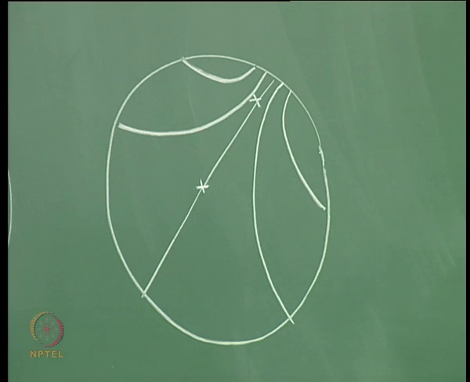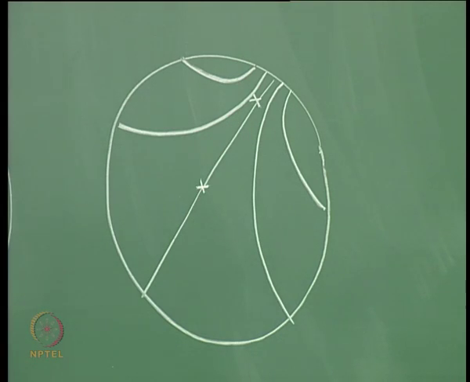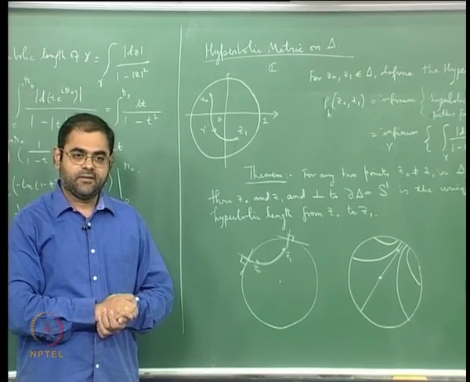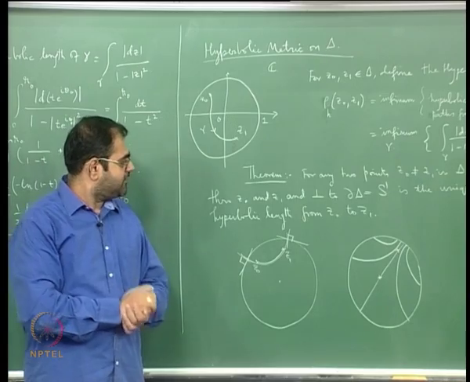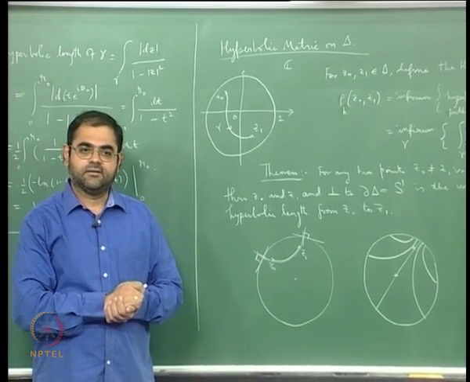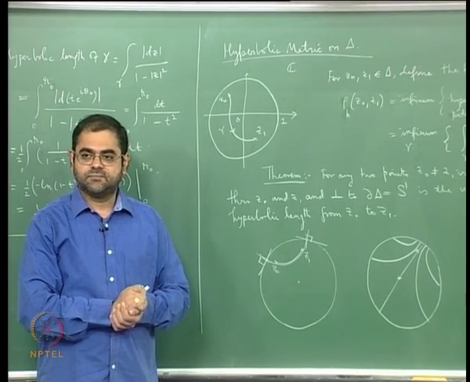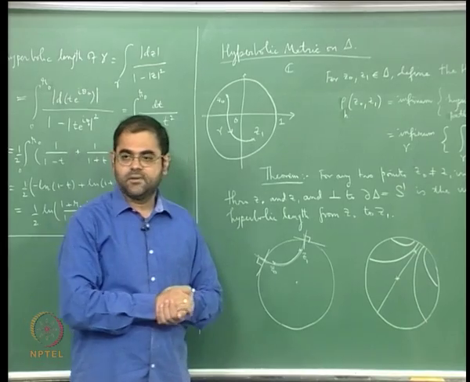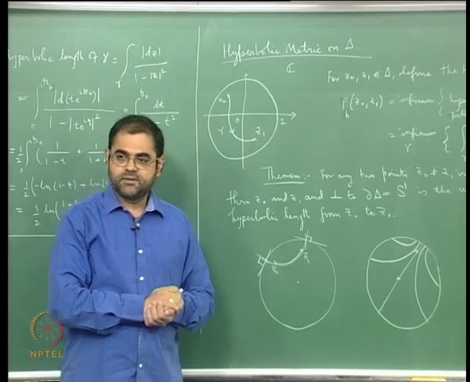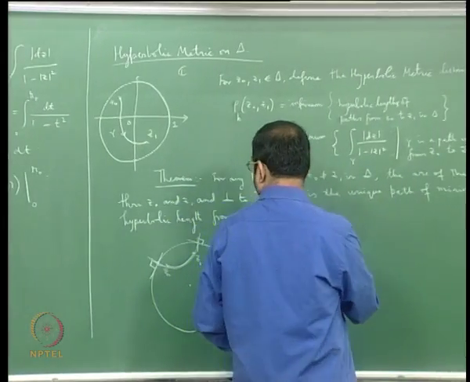This is how the geodesics will look, okay. And the fact is that any diameter will be a geodesic, okay, and the theorem says that these are the paths of shortest length. That is how you get the paths of shortest length. So this is a theorem that we will have to give a proof of, and we will do that in the next lecture.